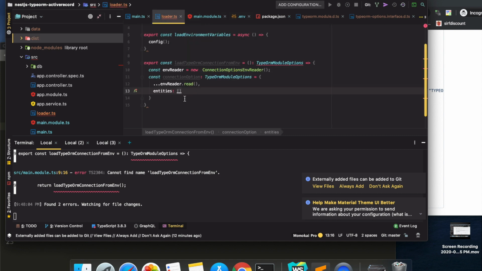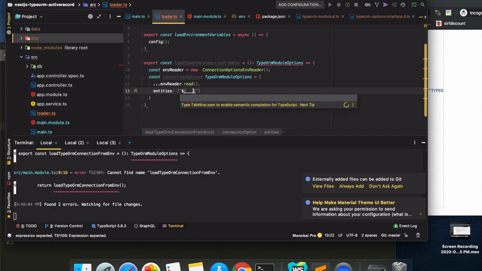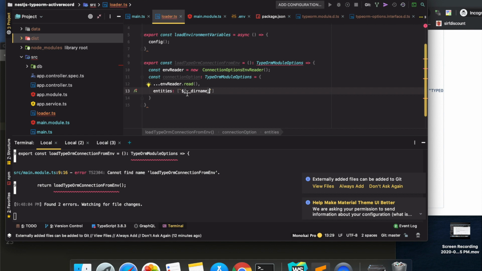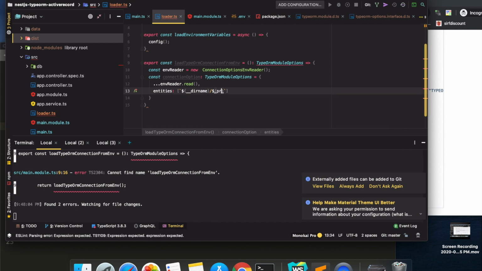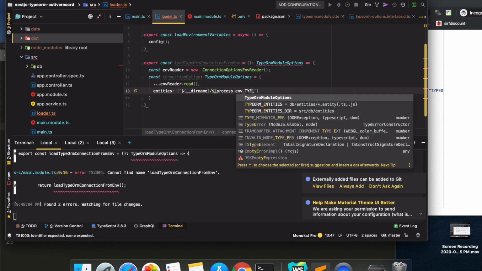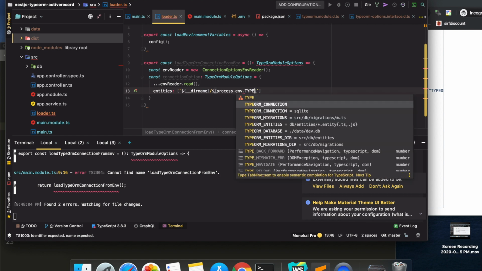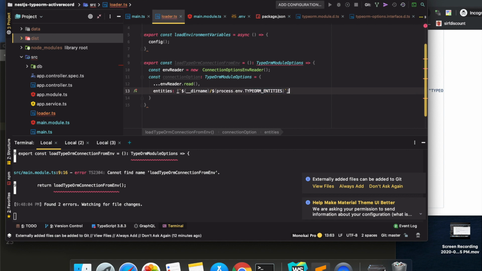So what we are going to do is use __dirname. This will give you the location of your current directory, followed by a slash, followed by process.env.TYPEORM_ENTITIES, right?